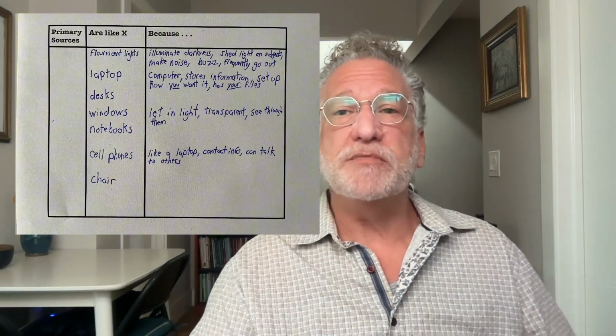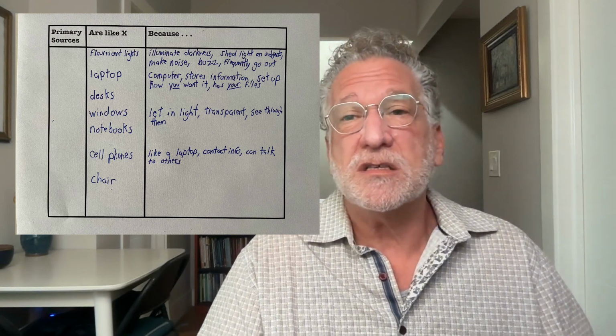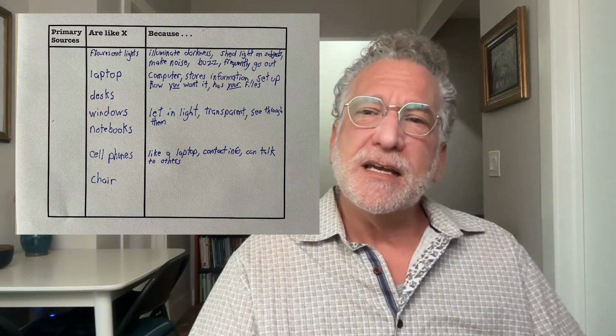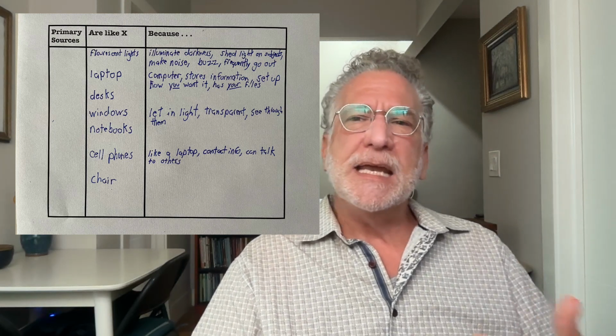What about cell phones? A cell phone is like a laptop. It has all your contact information. It stores your people. You can use it to talk to others. Is it like a primary source? I don't know. Let's keep describing it. What else can we come up with? And again, and again, and again. And then I might